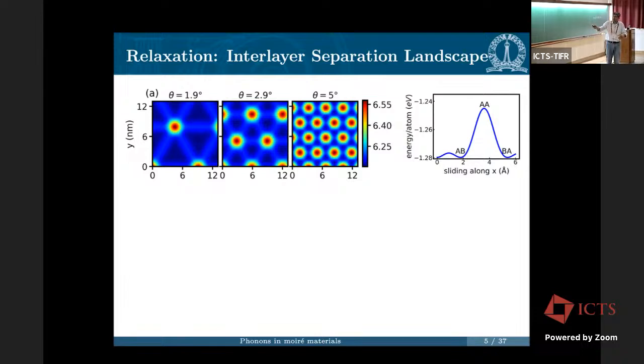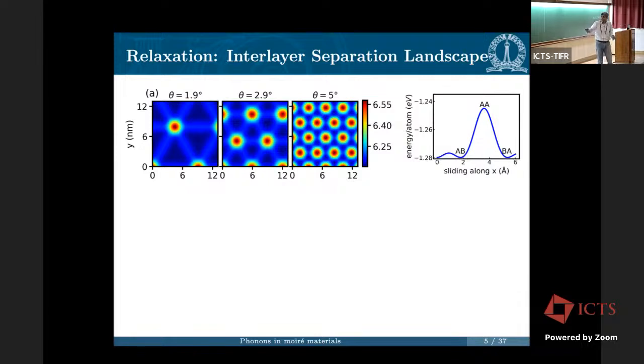As the angle becomes smaller, and as you're going closer and closer to 0 degrees, what you notice is that we know the Moiré length increases. But what is also quite striking is the fact that it increases only because some high symmetry stacking regions actually increase in area. The unstable stacking, which is this AA stacking, doesn't increase in area as uniformly as the separation increases,